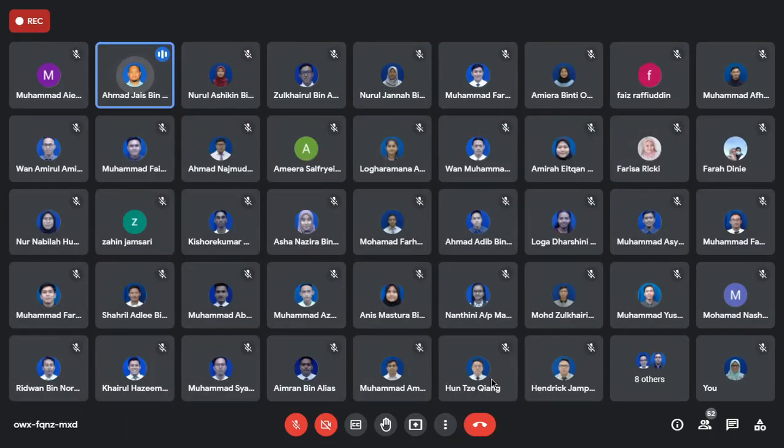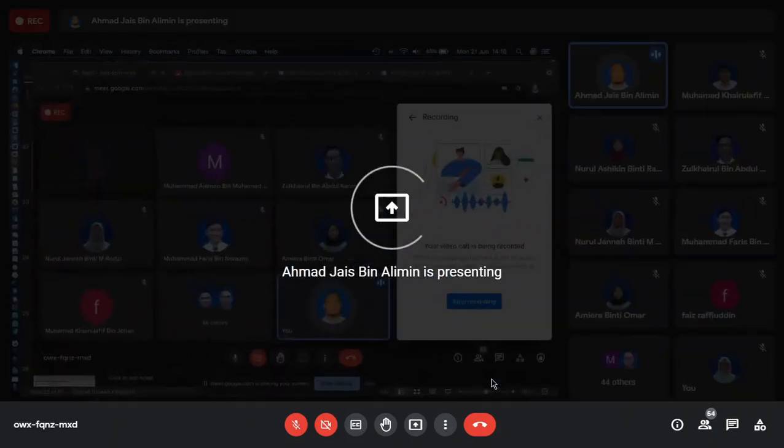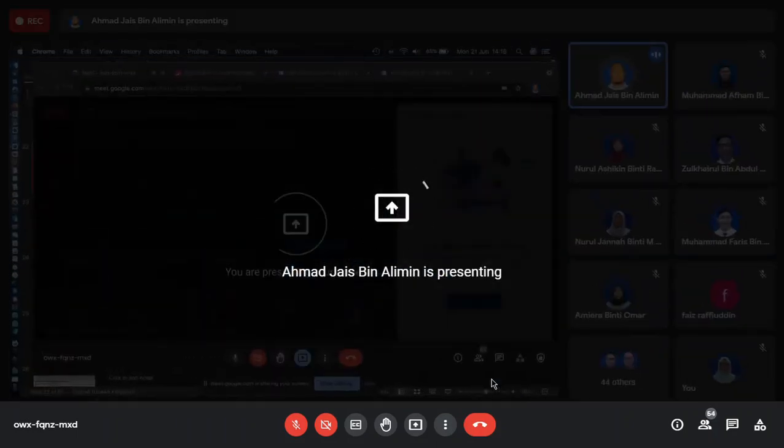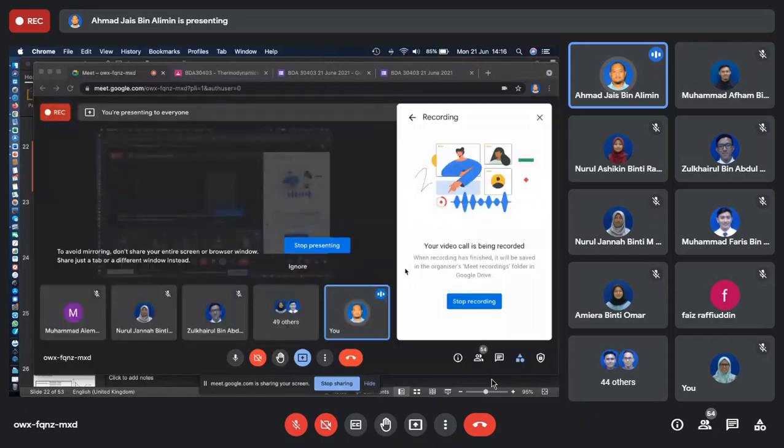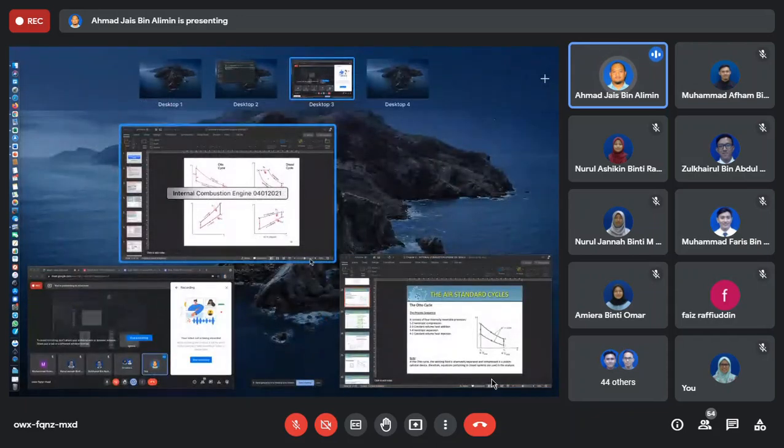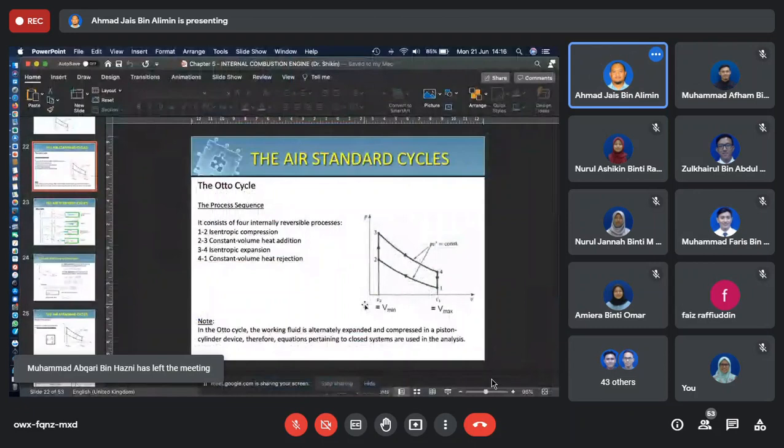In thermodynamics, we always have the ideal cycles or the ideal condition that we want to benchmark, and then we have the actual engineering devices that we always push the system to achieve. Okay, so